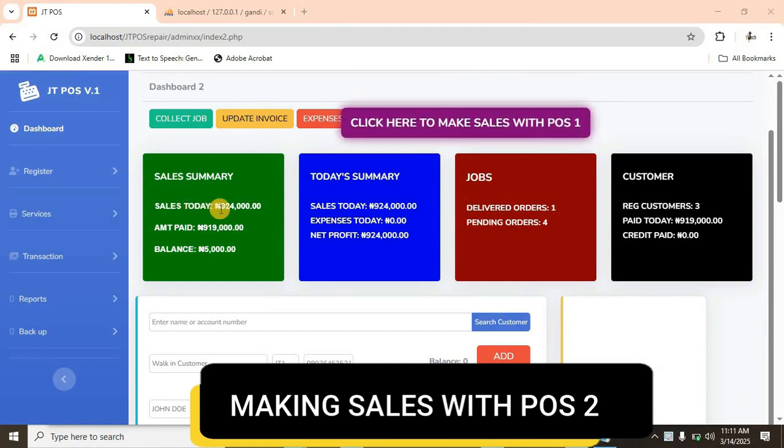Sales summary. Sales today, we have made 924,000 naira. We're using the Nigerian naira. If it is dollars, we can use dollars, pounds, euros, whichever currency in the world you want to apply to, this software is going to work. Amount paid, you can now see the amount that has been paid today is 919,000 naira. Over here you can see the balance payment of 5,000 that is left from the transaction of Sarah